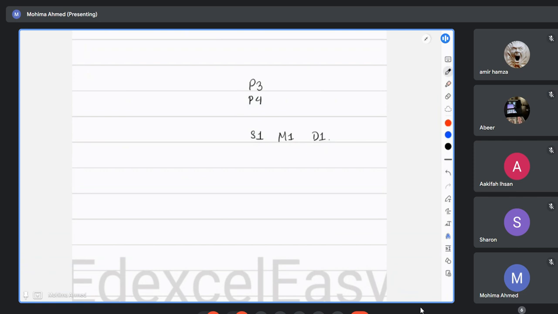Now, this M1, S1, and decision maths, these are not entirely that much big topic. For all these three optional units, they're going to have like 6 chapters at maximum. For S1, actually, they have 7 chapters. But we do not actually do chapter 1 for S1. For S1, M1, D1, we do not do chapter 1 because they're quite elementary level. For D1, I would provide some worksheet to actually work on the basics, but other than that, we're not going to follow the book for chapter 1. For M1, S1, we're completely going to ignore chapter 1.